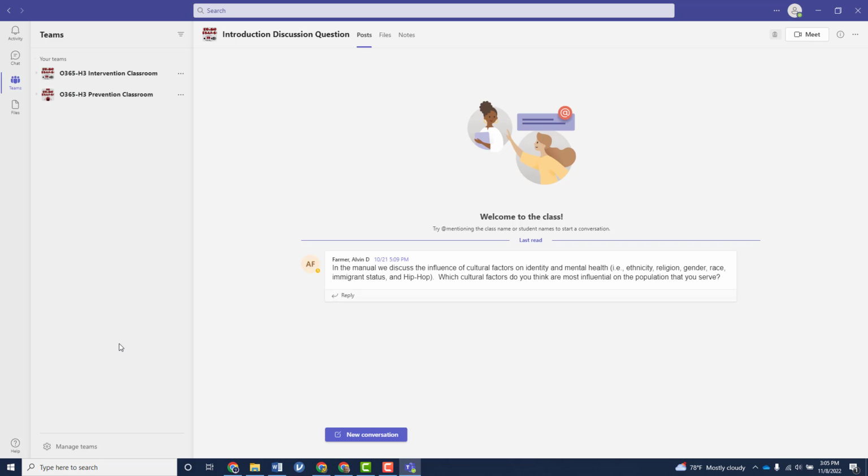You may get this notice. If you receive this notice that you need further information, they will send us an email and we will authorize you for the class. Do not be concerned if you receive that message. So we suggest that you wait 24 hours and come back to log in to Teams, and your account will be ready. Now that you're in Teams, open the Prevention Classroom